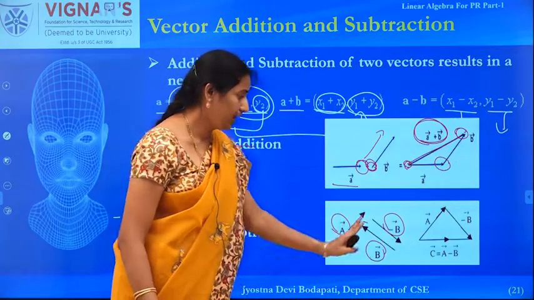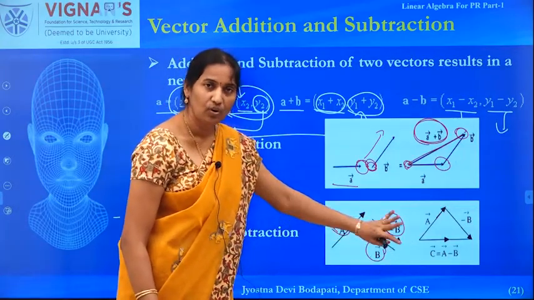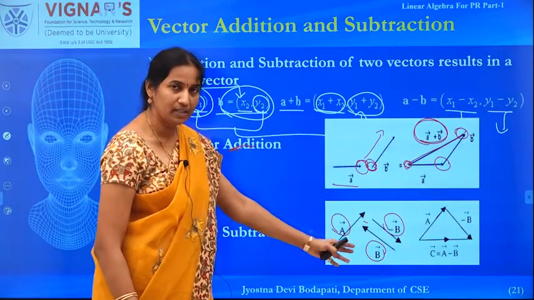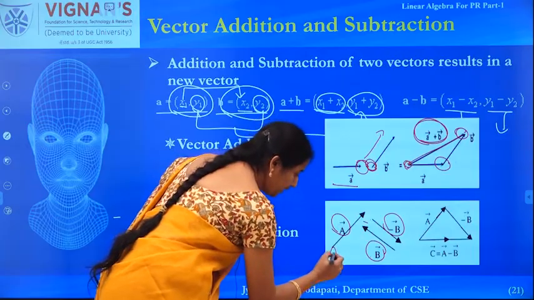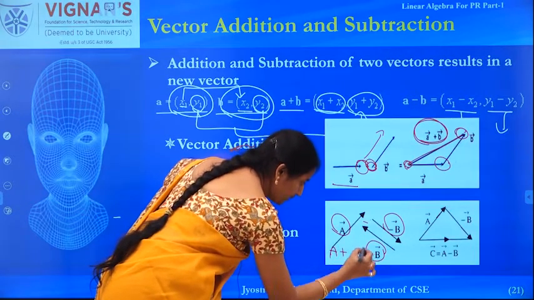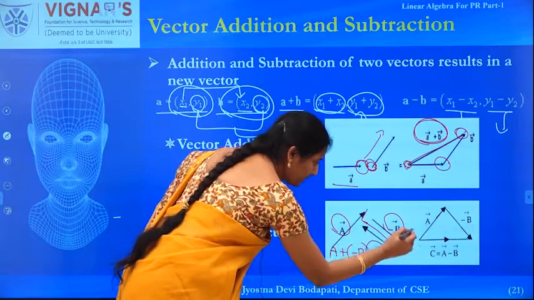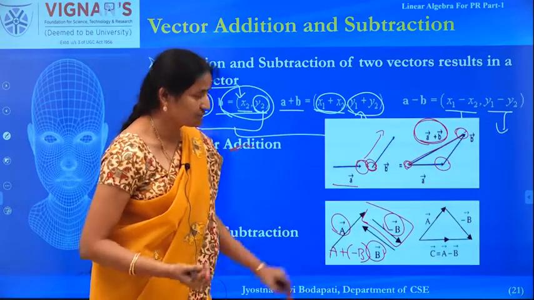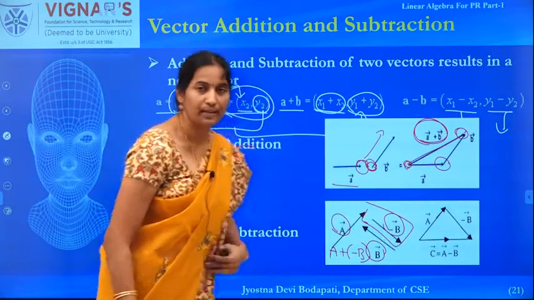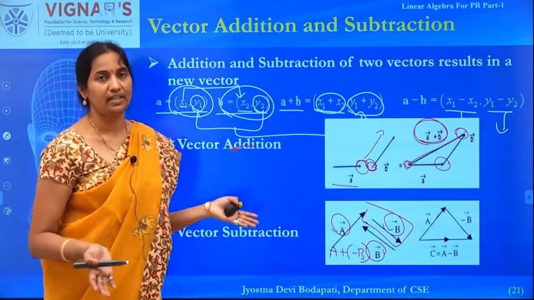So, now I have A and minus B. Now what is the subtraction of A and B? A minus B, I can simply write as A plus minus B, and I have the minus B vector, and we know how to apply addition of two vectors, we just discussed. So, that is how you can get the subtraction of any two given vectors.